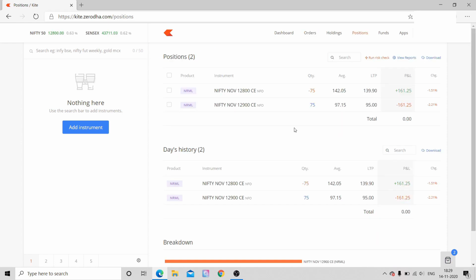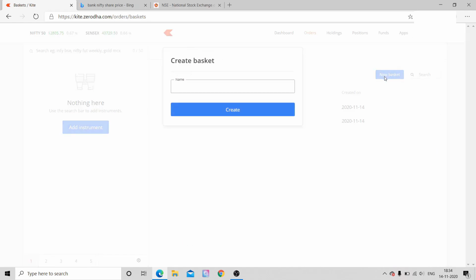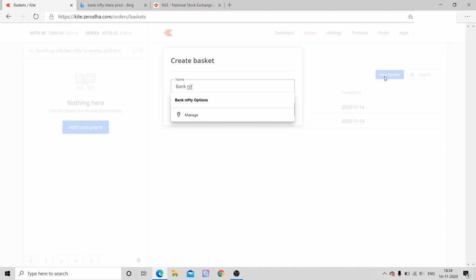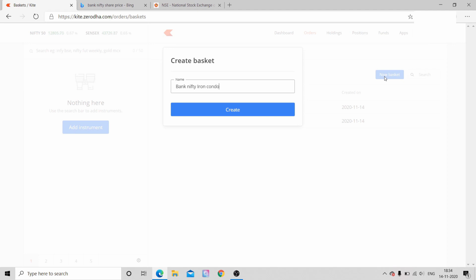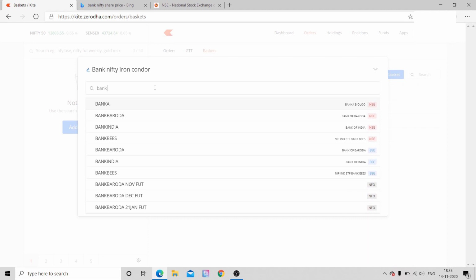I'll also explain with one more example with Bank Nifty. I'll add 4 options there, and we will see whether we can execute in the same way. So I'm giving a name to the basket here, Bank Nifty Iron Condor. So I'm adding Bank Nifty options.